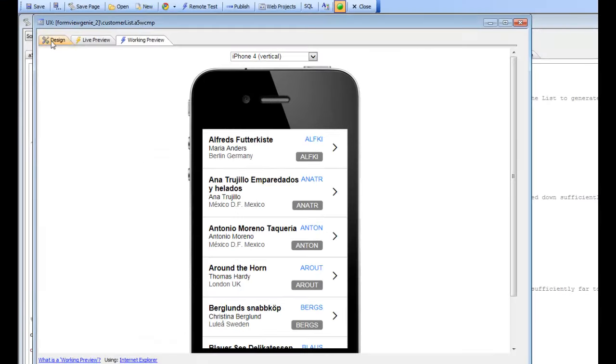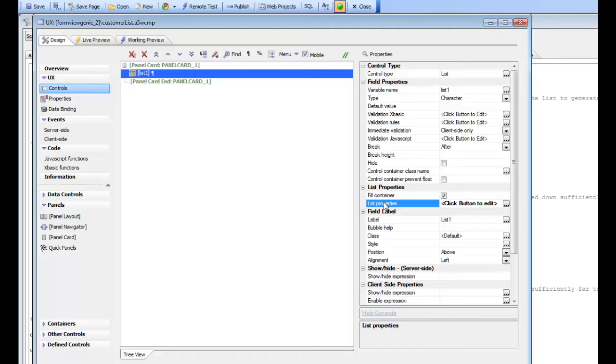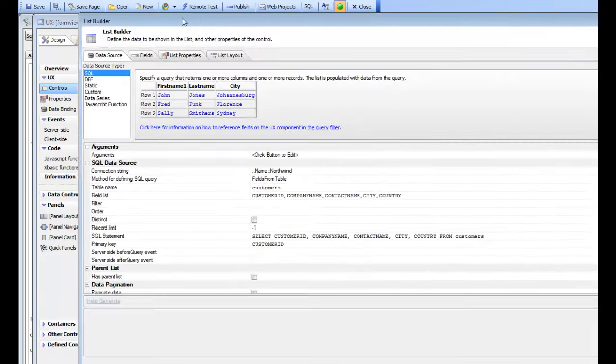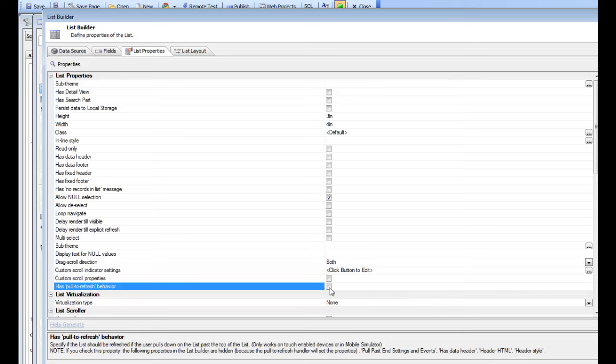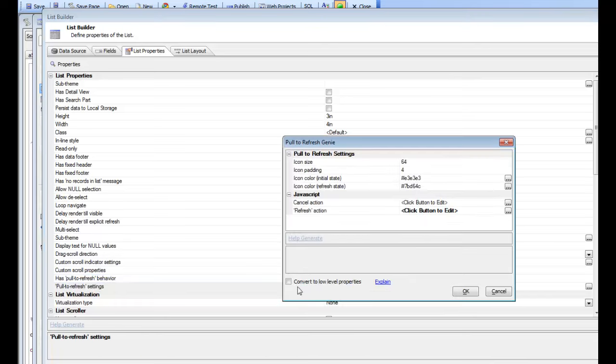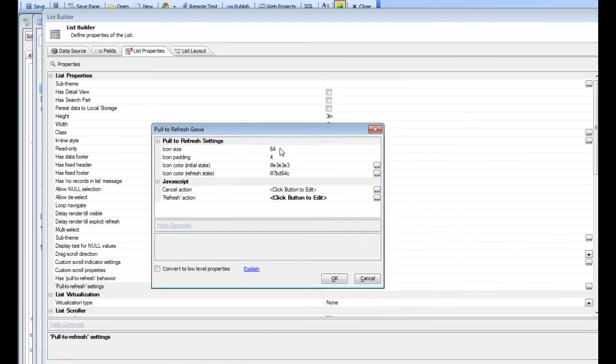So we'll go back to the UX Builder and we'll open up the list control over here, and in the list control there's a property now called has pull to refresh behavior. Let's go ahead and turn that on, and then let's configure the behavior right now. So we can specify the size of the icon that's going to be shown when we start pulling down on